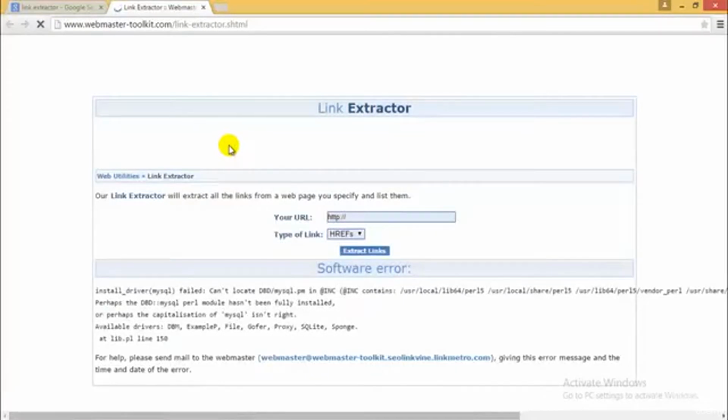So link extractor is a link extraction utility that allows you to choose between external and internal URLs, and it will return a plain text of URLs linked to an HTML list. You can use this utility on competitor sites. Let's say for example, just to check, I'll just go ahead and check over here